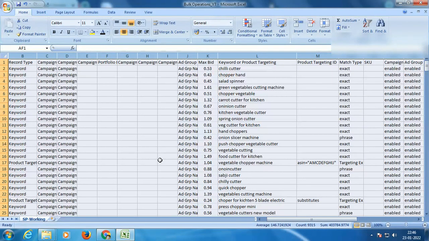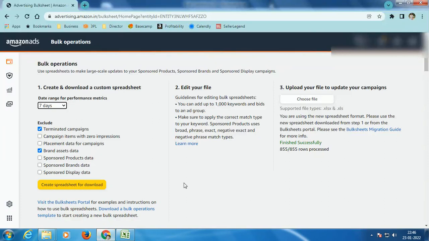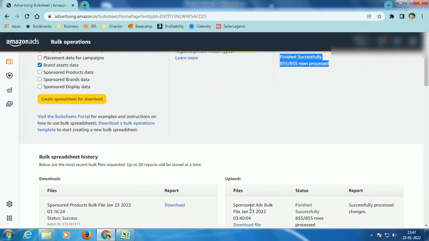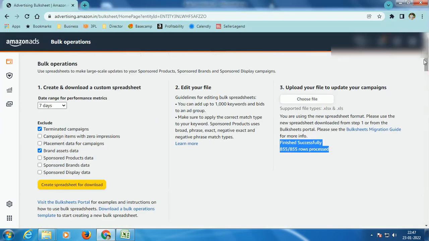Now I'll just save it. After saving it, I'll come here and once again choose the file, select and submit. Just a couple of minutes back, I already submitted a report. You see, once it is uploaded, you'll get to see a report like this. You will also get to see if there are any errors here. In this case, there are no errors. But this is exactly how the process works. So do not worry if you are a complete beginner. I'm sure by now you have all the knowledge and data that you require for optimizing your bids using